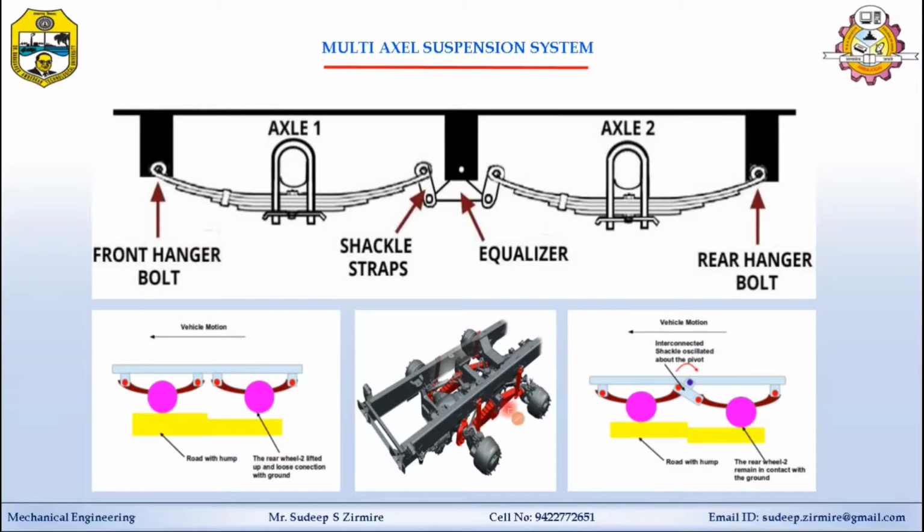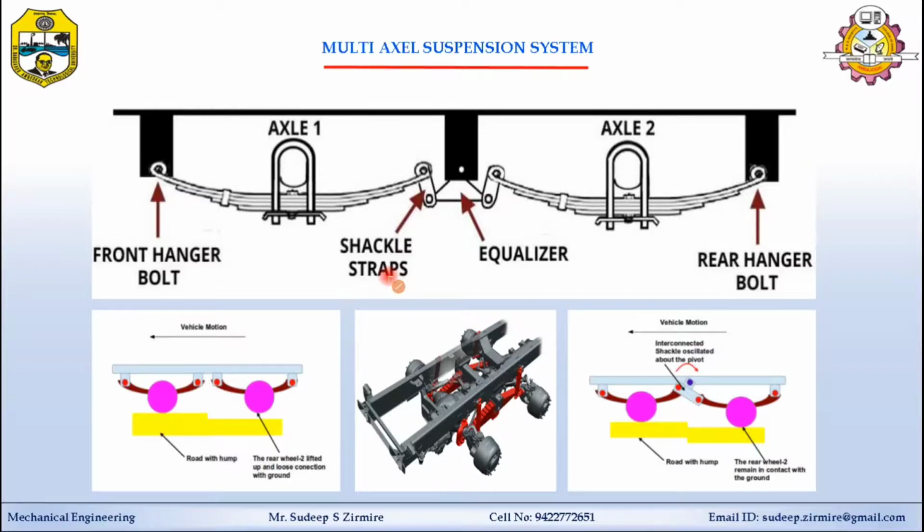One figure you can see here, the 3D diagram. Here inverted type leaf spring is used. Sometimes ear spring is also used instead of the leaf spring for the individual tire. One ear spring for the individual axles. So many different types, but the generally popular design we are going to learn in this multi-axle suspension system.